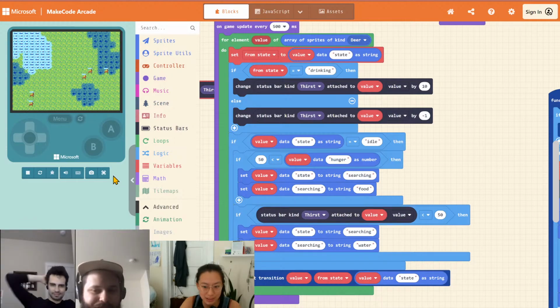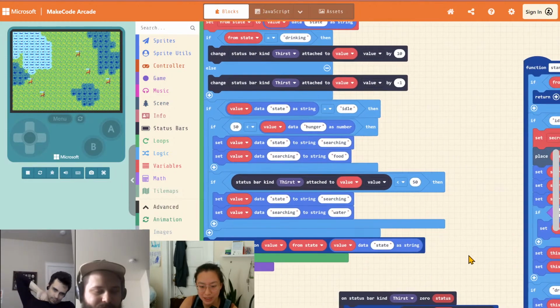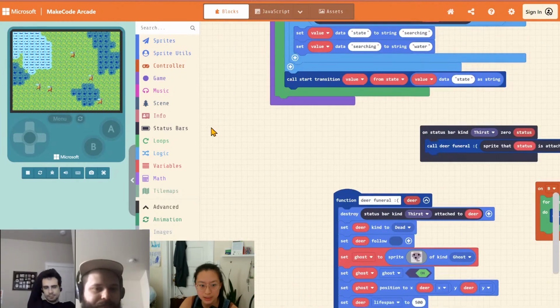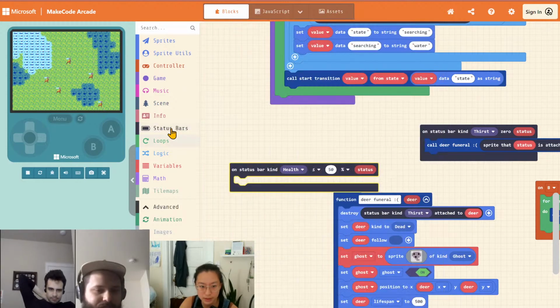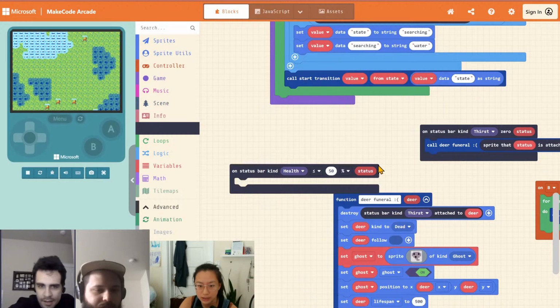it's at 50%. And okay, so let's give it an ability to stop drinking water and go back to idle, right? Because right now we don't have that. So on status bar, should we do the status bar reaches this, or is it? Yeah, that's the one. The computer. Okay. If it's